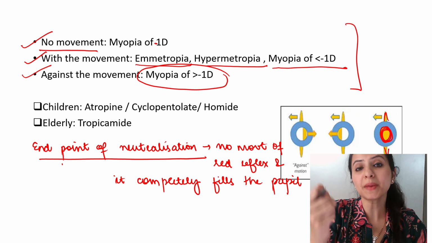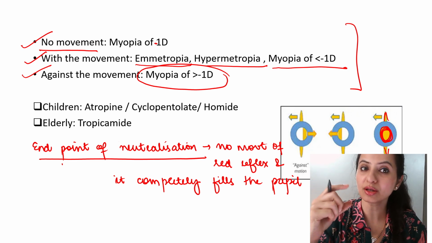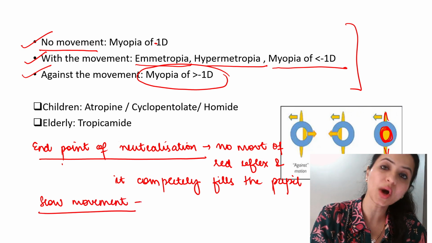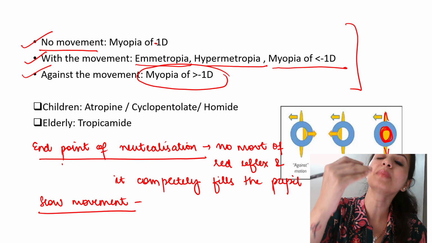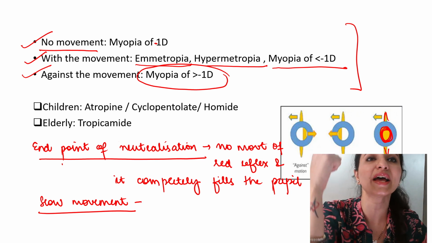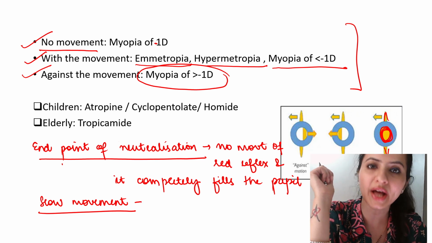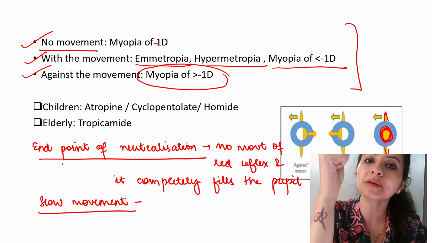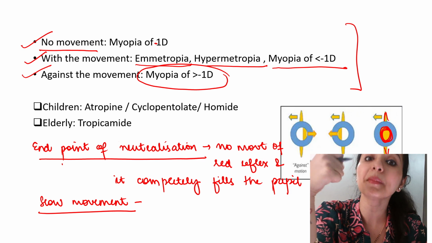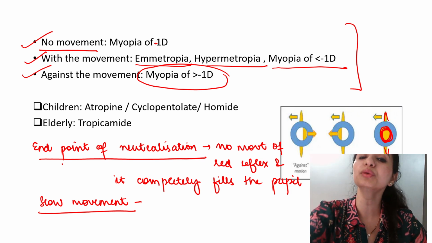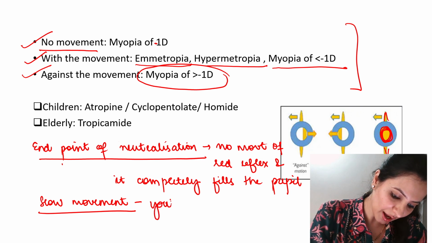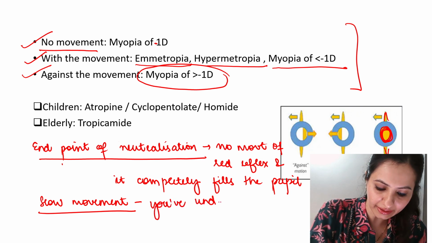Sometimes, despite applying the lenses, there is slow movement. Now, what does it suggest? Slow movement means you have to increase the power of the lens. Suppose I have placed a lens of +2 diopter sphere and the movement of red reflex has slowed down. That means I am under correcting the patient and I have to increase the power of the lenses. So that means you have under corrected